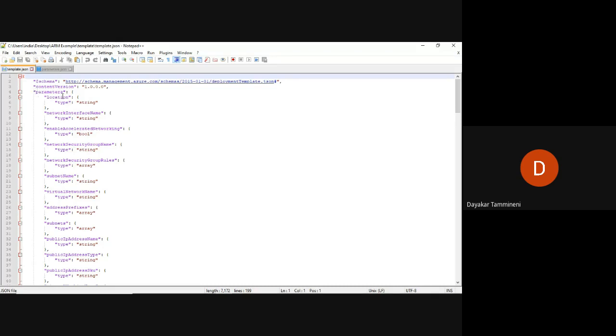Here, parameters is one object, the location is one object, and we are going to give the settings for these objects. We are going to assign the parameters for these objects. Previously, the equivalent of JSON that was used was XML. At present we are using JSON. There are two protocols to maintain web services. What are they? SOAP protocol and REST protocol.